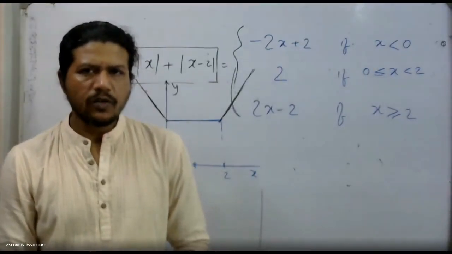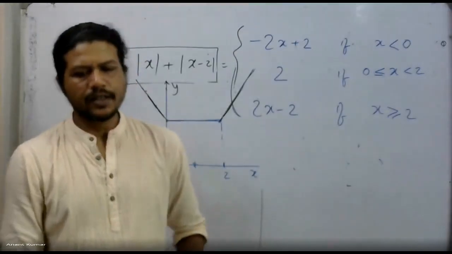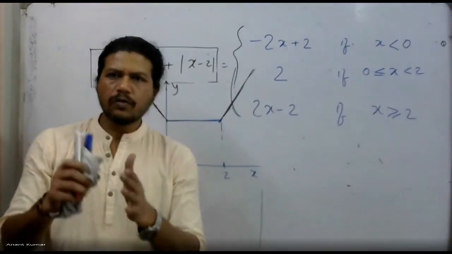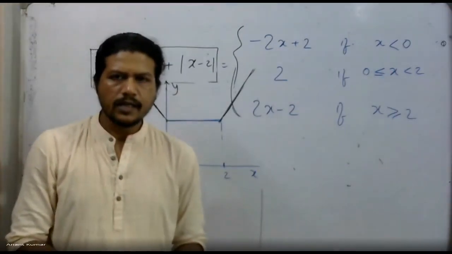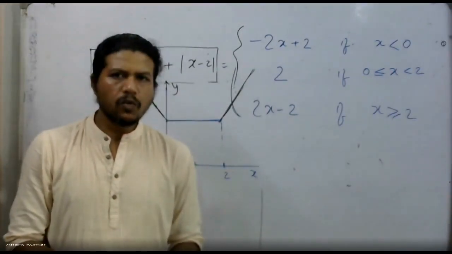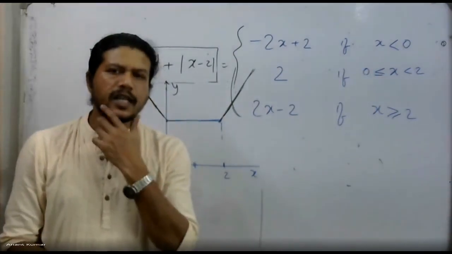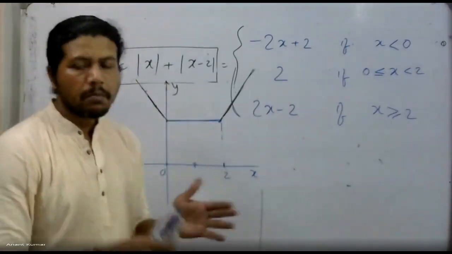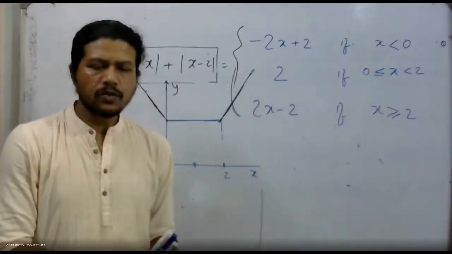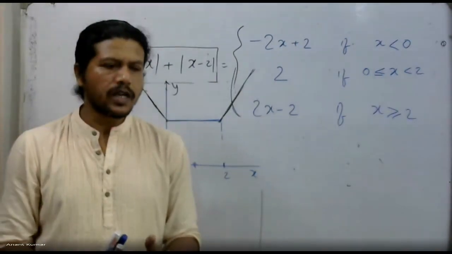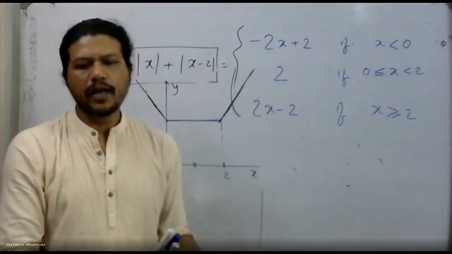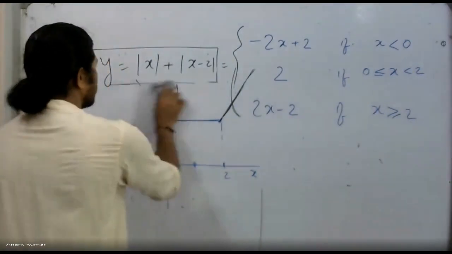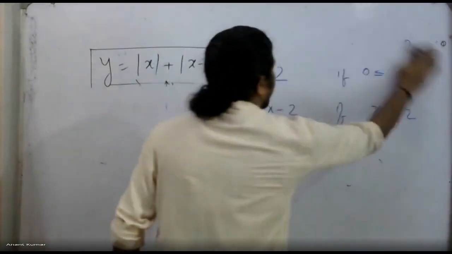If you multiply two mod functions, you should keep in mind that by definition, mod of x1 into mod of x2 is nothing but mod of x1 into x2. Which implies once you multiply two mods, you have to just multiply the quantities inside them. That might not be linear. In this case, for example, you multiply mod of x into mod of x minus 2, and I actually get, inside the mod sign, mod of x into x minus 2. That's a quadratic. Let's draw that one as well. Let us see what happens. Let's talk about the product and see what we get.